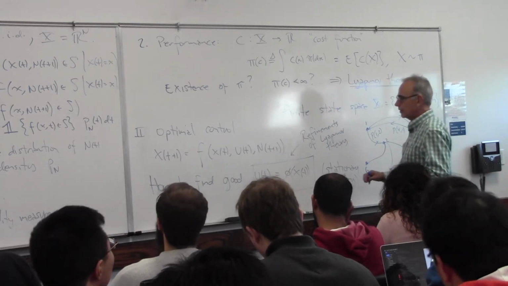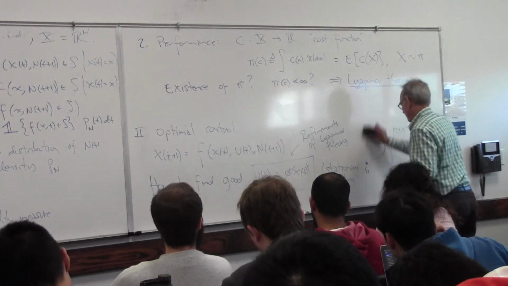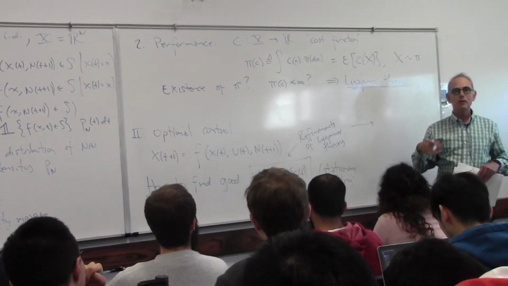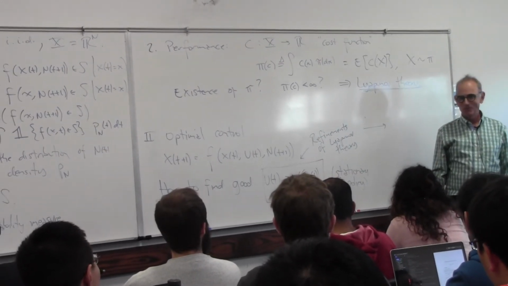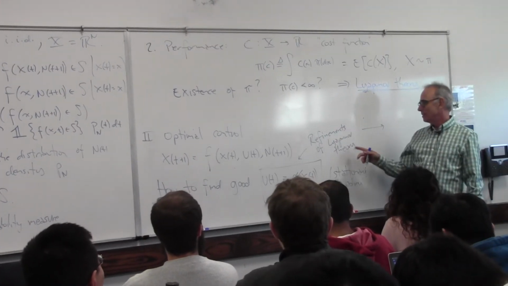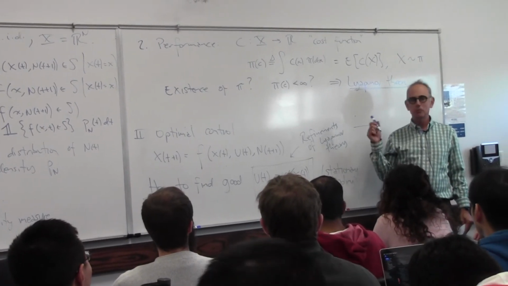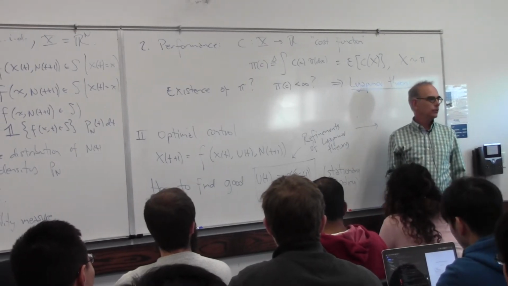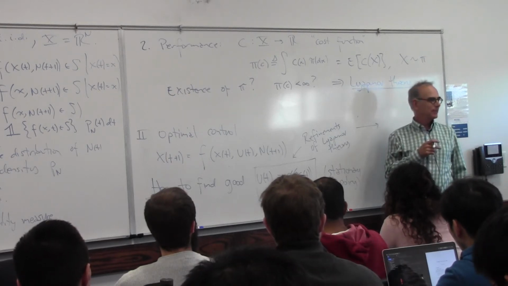And what those refinements are, let's erase the finite state space here. Somebody tell me, 1, 2, 3, what's the refinement? 4. 4, that's good. So what kind of refinements of Lyapunov theory would be used to find good policies for controlled Markov chains? If you've taken like a linear control course or a nonlinear control course, or you had some background in control at all, no? All right, cool, that's great.